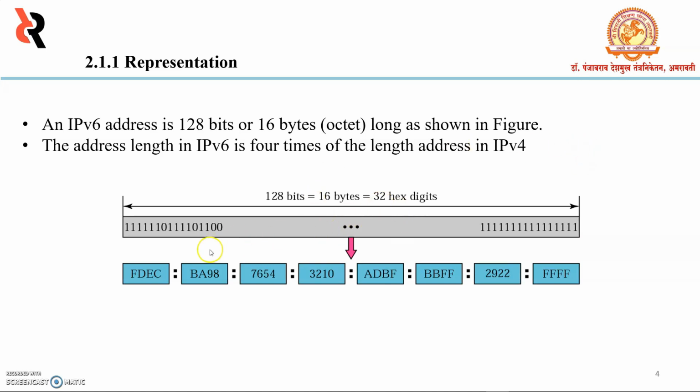There are 8 groups and each group must represent 2 bytes. So total 8 different blocks are there. This is 16 bit, 16 bit, 16 bit, 16 into 8, it is nothing but